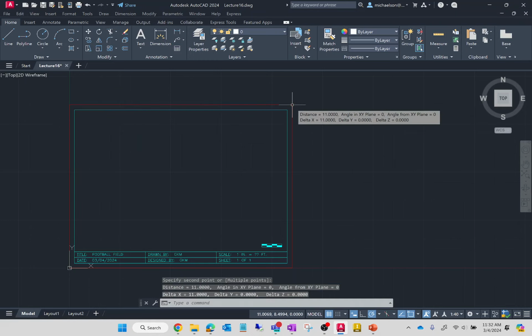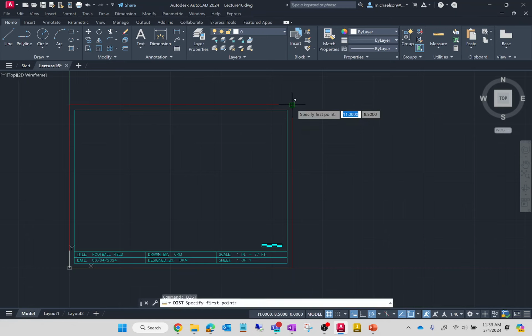If I do distance again from here to here, it's 8.5. So this tells me that this title block is drawn to scale. If I were to print this, 1 unit on this title block would correspond to 1 inch on the page. Does that make sense? Everybody with me so far?